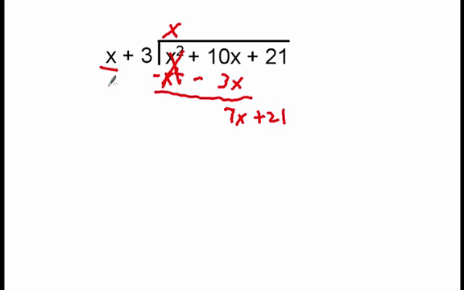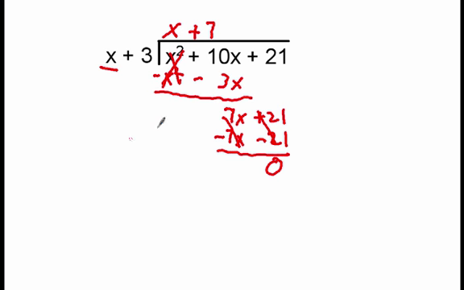So now we're going to see how many times x goes into 7x. Well, x times 7 equals 7x, so x goes into 7x positive 7 times. Repeat our procedure from step 1. We say 7 times x, 7x. We're going to be subtracting that. 7 times 3 is 21. We're subtracting that too. 7 minus 7 cancels out. 21 minus 21 cancels out. We're left with a remainder of 0. Now that we've hit that 0, we know that we're done, and that our answer is simply x plus